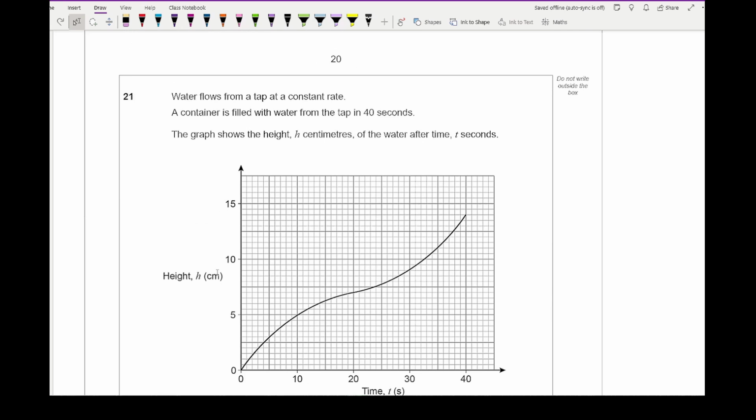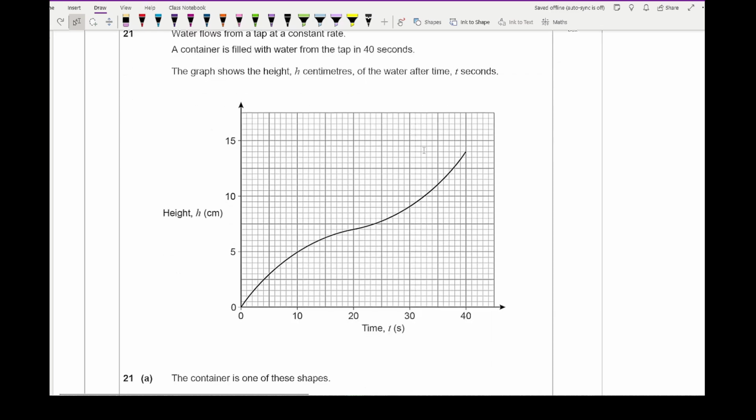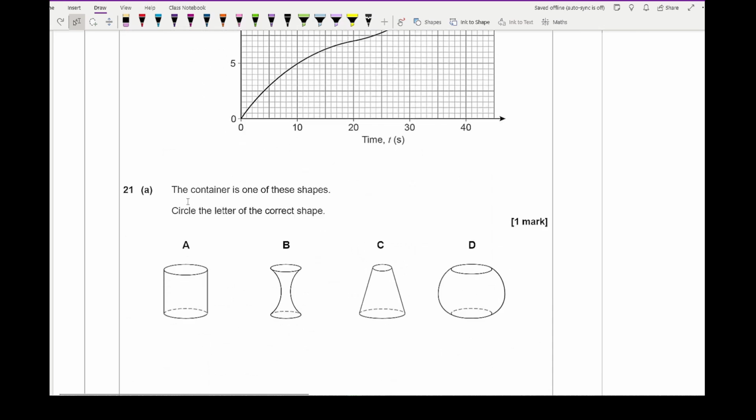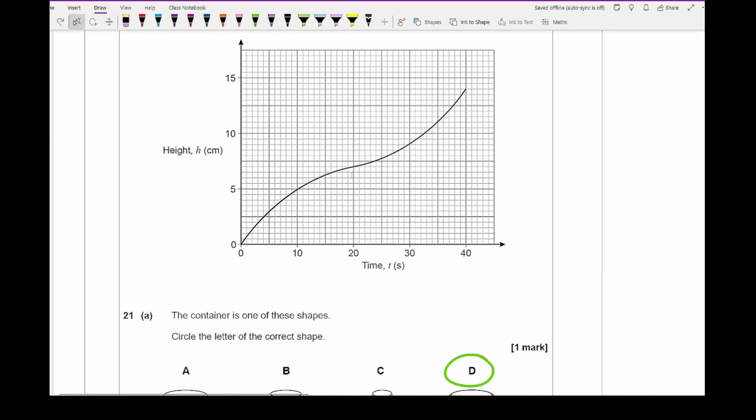Then moving on to question 21, it says water flows from a tap at a constant rate. A container is filled with water from a tap in 40 seconds. The graph shows the height h centimeters of the water after time t seconds. And the question is asking us to state if the container is one of these shapes, circle the letter of the correct shape. Now the one you want to circle is going to be D, because it's going to start off quite quick, then it's going to fizzle out as it goes to the middle,